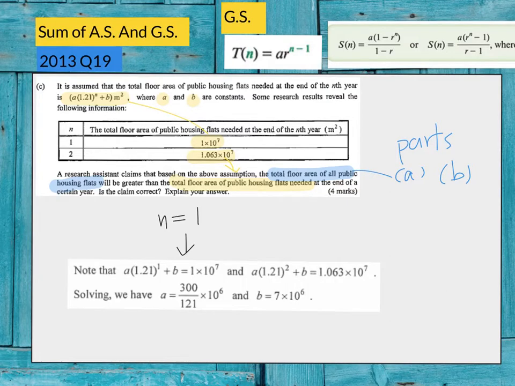So we can solve it for the first year, and at the end of the second year, then we can get these two parts. And when we solve equation 1 and equation 2, you can get these two pieces of information as the values of A and B. Okay. So after you have done that, then we can put it together